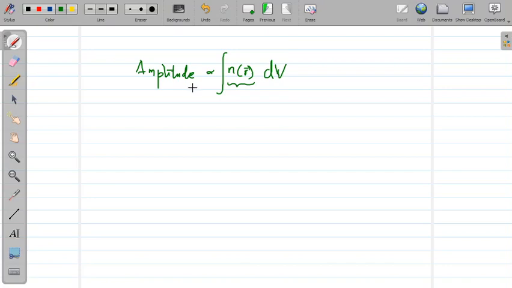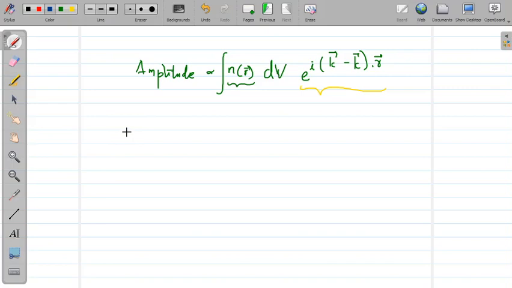And finally, in order to get the total amplitude, we should multiply this term with the phase factor e raised to i (k bar minus k bar dash) dot r bar. So what we have done here is multiplying the phase factor that we defined earlier, this term, with the local concentration of electrons, multiplied by its small volume element, and finally integrated over the whole volume of the crystal. So we will define this term as the scattering amplitude.